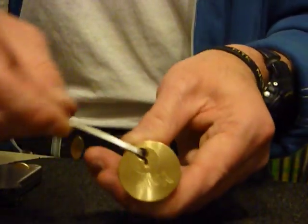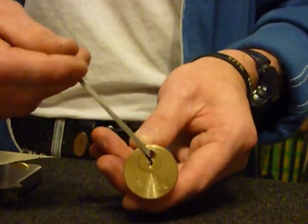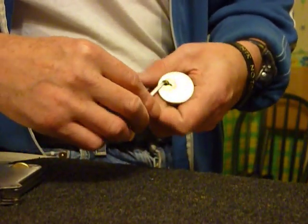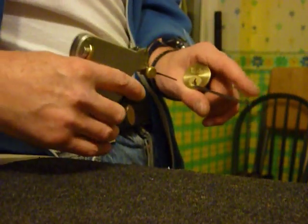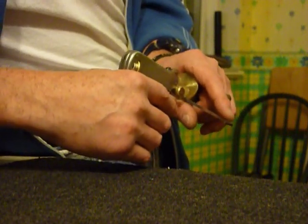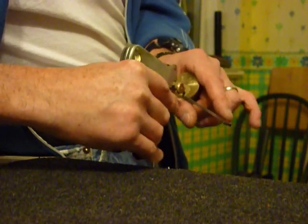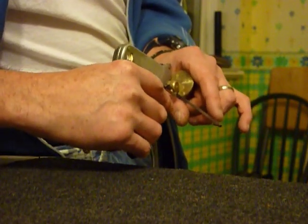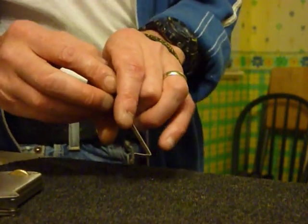So let's show you that that's locked up again. That's the wrench slipping, it's nothing to do with the lock. Let's get that back in and give it one more go. See, applying a bit of tension on the tension wrench itself. I was lucky that time. One click on that and it's done it,